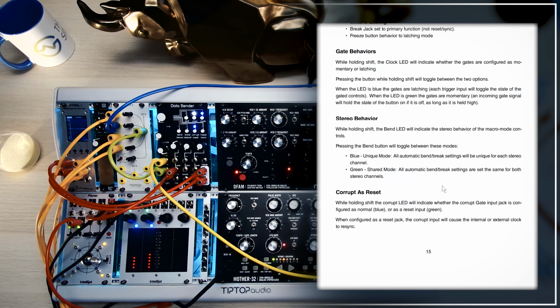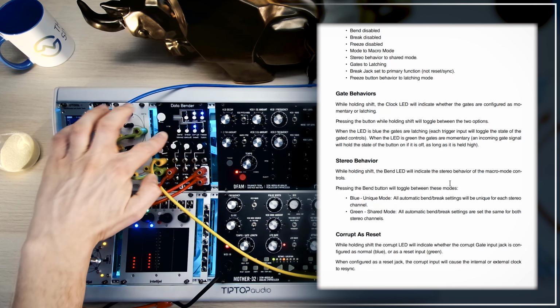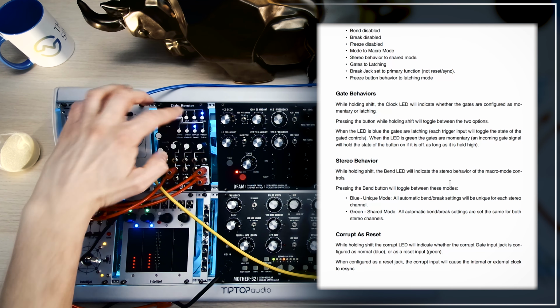Alright, stereo behavior. While holding shift, the bend LED will indicate the stereo behavior of the macro mode controls. Okay, so the macro mode controls. Right now we're in macro mode. Let's see what happens here. So press and hold the shift,